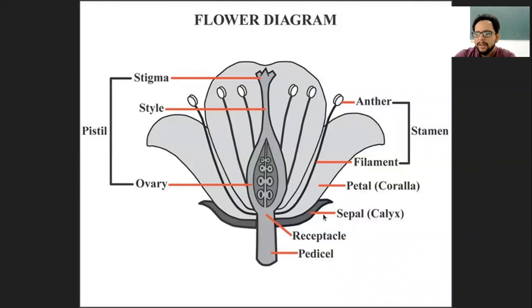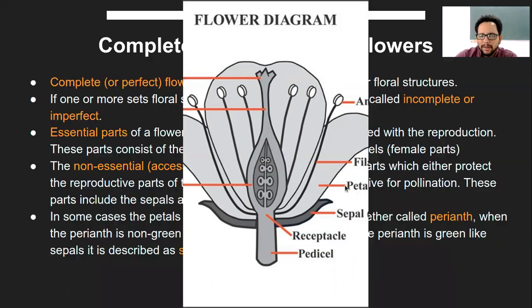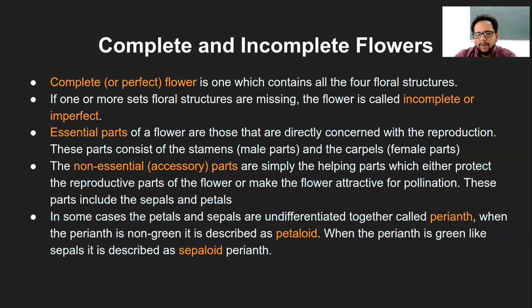So best would be to write it down. And that is why I deliberately chose a diagram which mentions these collective names here itself. So that is also one point. So you can revise the whole thing just by looking at one diagram. Okay, now the different classifications of the flower. We won't be looking at all the different types or all the different classifications, but just a few of them.